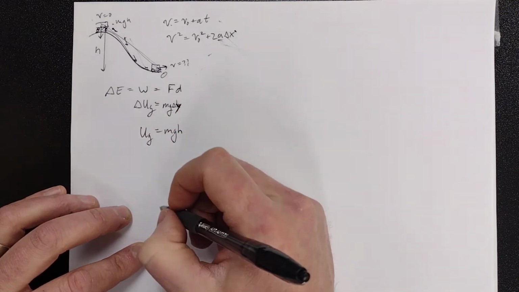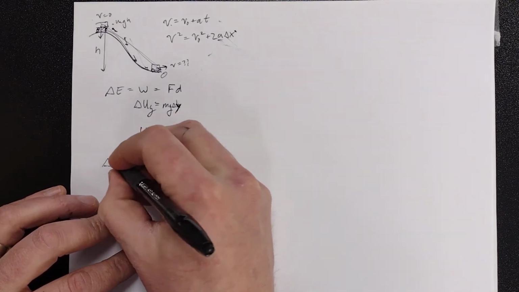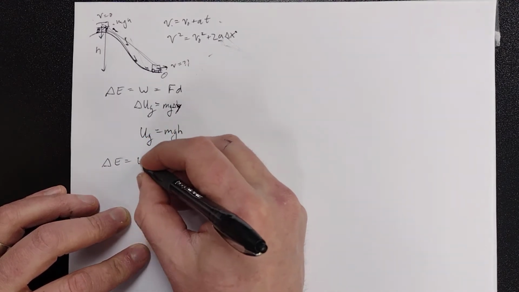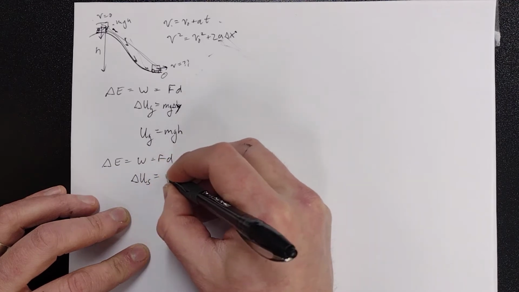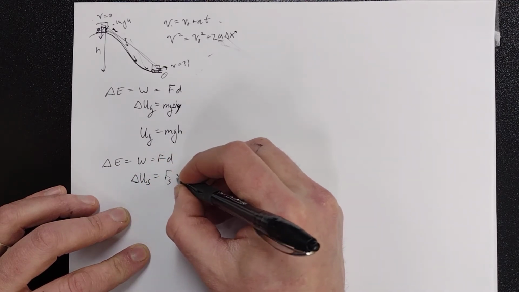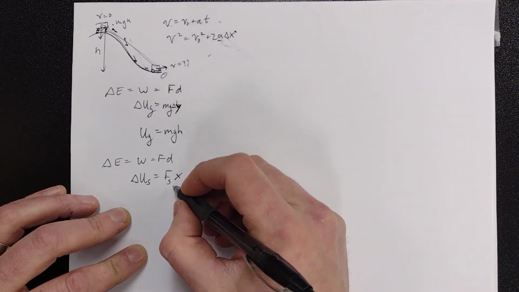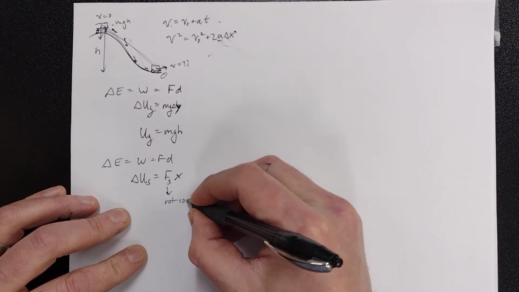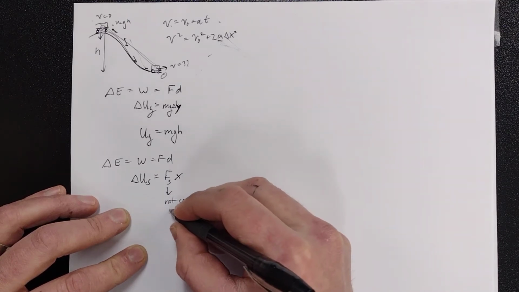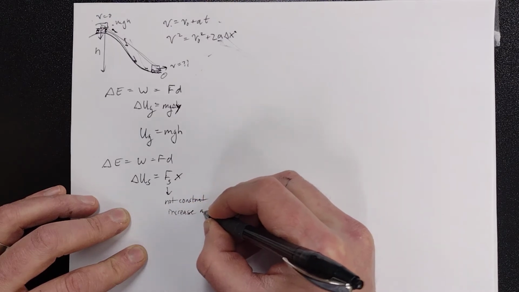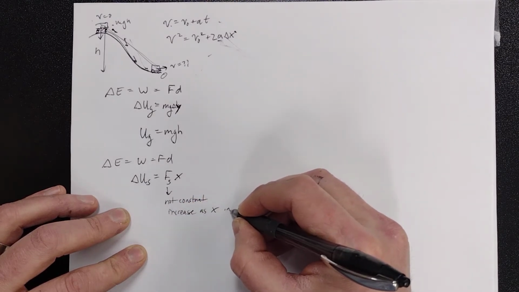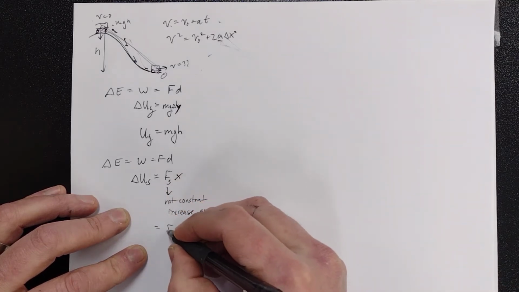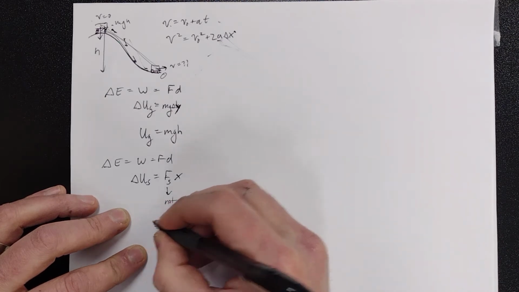We can do the same thing for spring energy, but we do run into a problem with spring energy, because work equals force times distance. So delta US equals the spring force times however far it's stretched. But what you have to realize is it's not constant. In fact, it's going to increase as x increases, because the function is actually